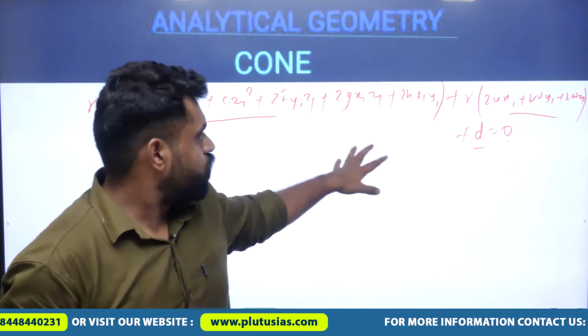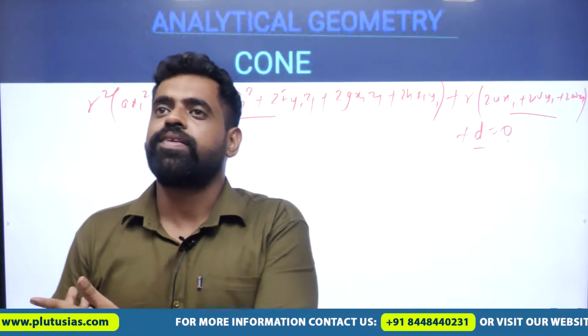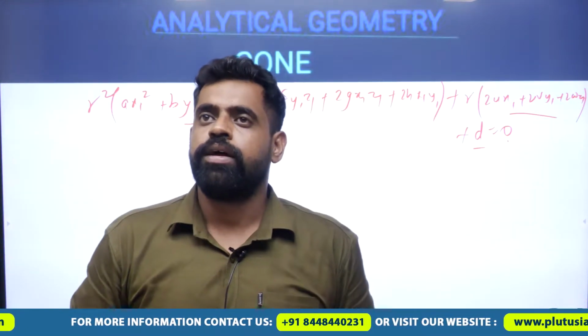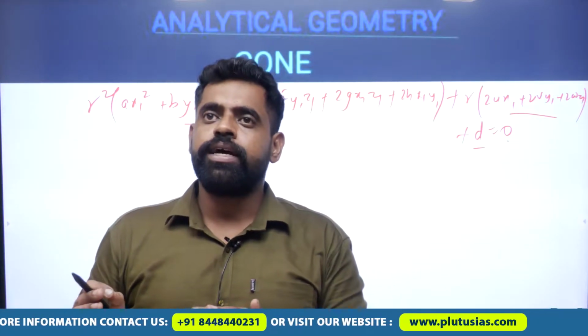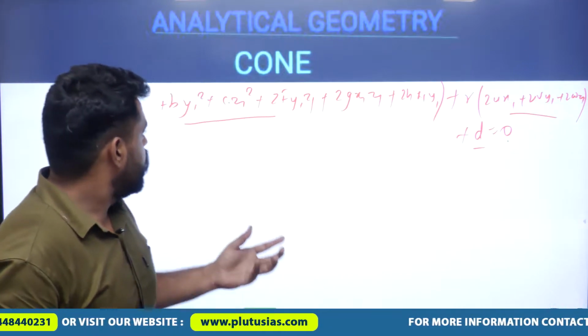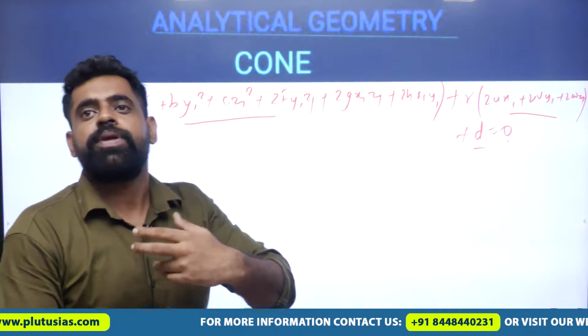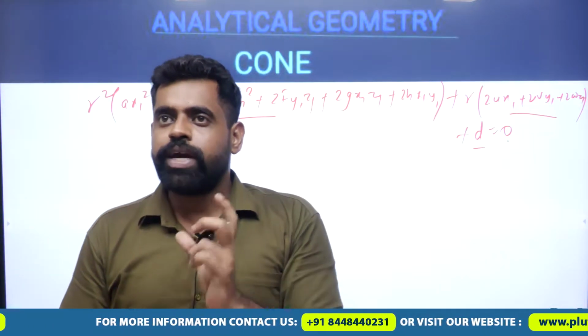Okay, if this is equal to 0, this is equal to 0, and this is equal to 0, then only this can be true for every r. If you don't take this as an identity, then since r square is of quadratic order, it will be satisfied by only two values. But again, I told you